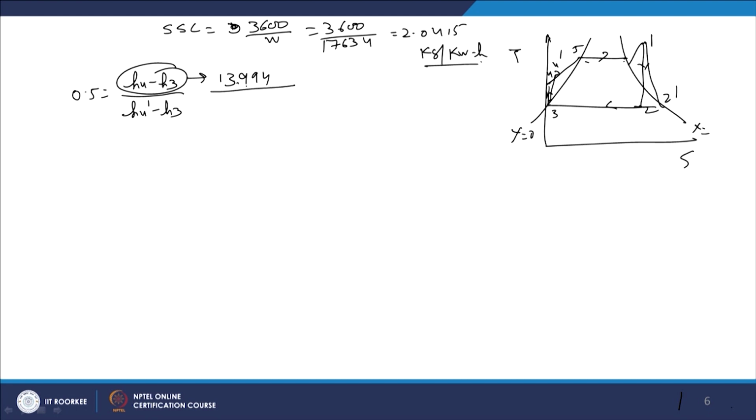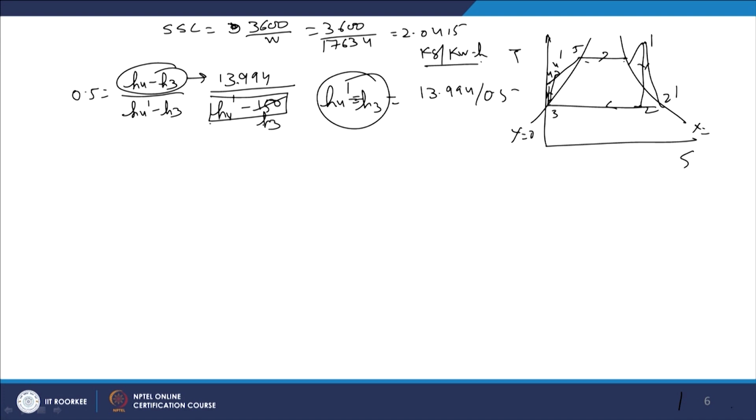H4 dash is not known to us, and H3 is also known to us, that is 150. From this we can get the value of H4 dash. Simply, H4 dash minus H3 we can get from here, that is 13.994 divided by 0.5,